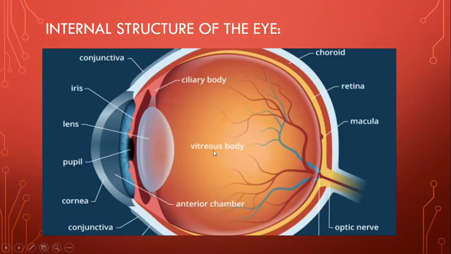Now, this small depression, which is mentioned as the macula, is also known as the fovea centralis, which is a depression in the retina. This is a portion where we have the maximum number of cone cells of the photoreceptor cells, and the brightest and clearest image is formed if the light rays fall onto this depression.